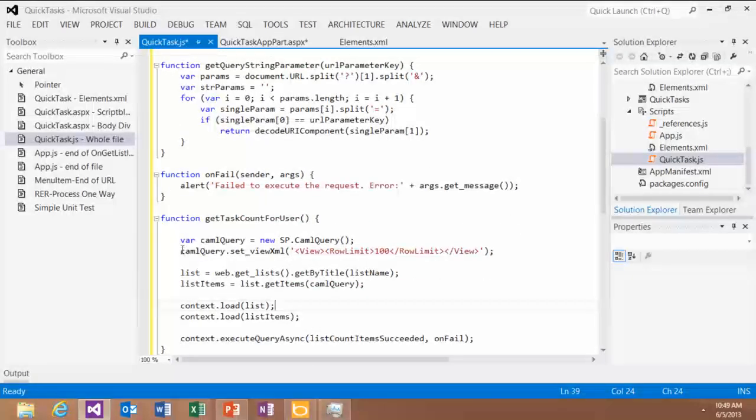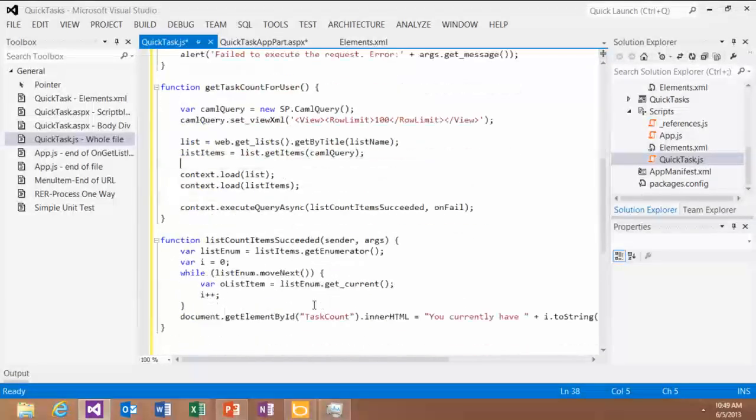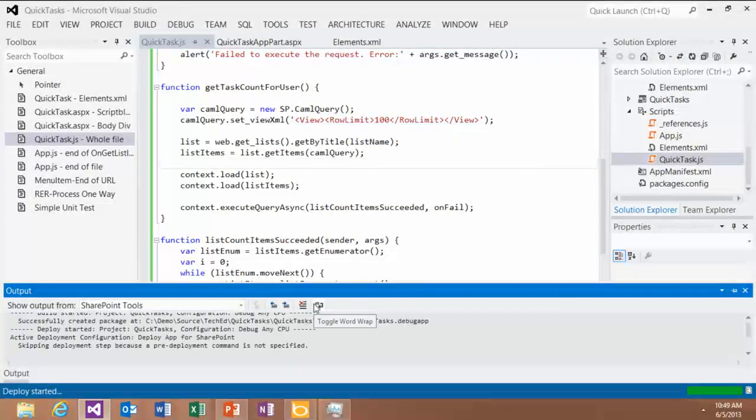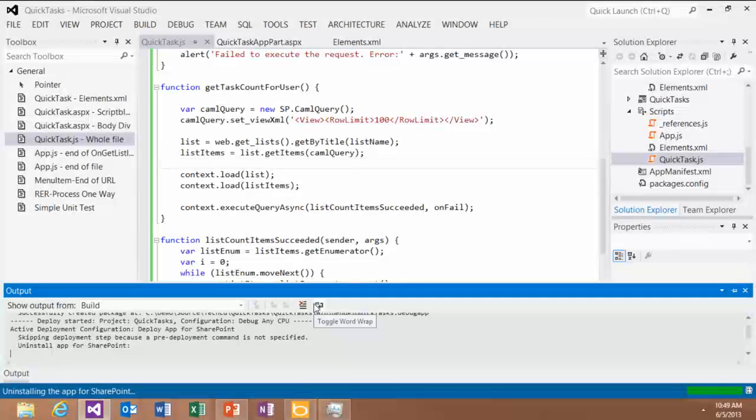We use a CAML query to go and define how large the set that we get is. But I go and query the list by title, get the items, and then load them, and then do a simple count on them. So now I've done all the code that I need to do in order to go and display that client web